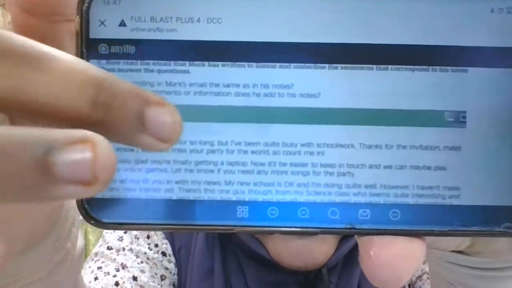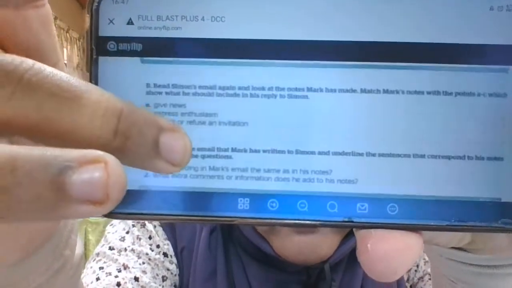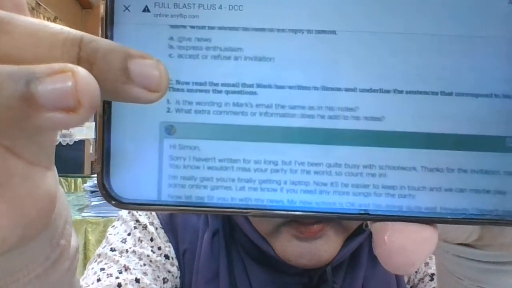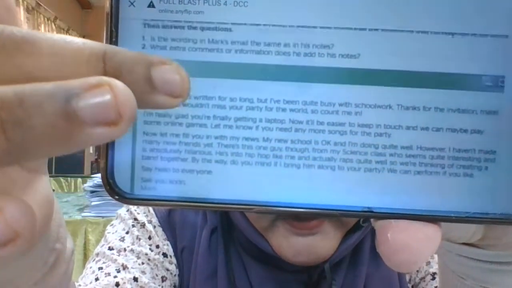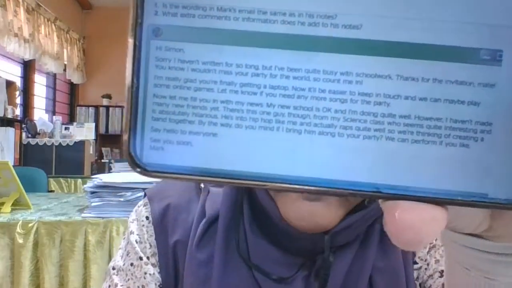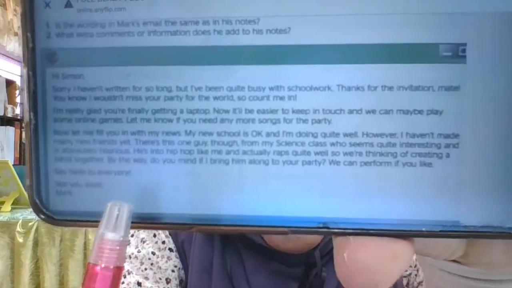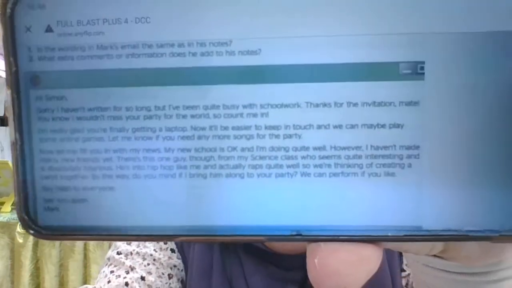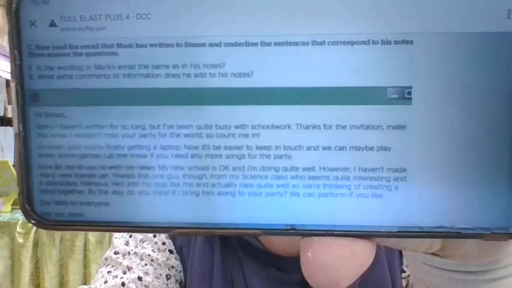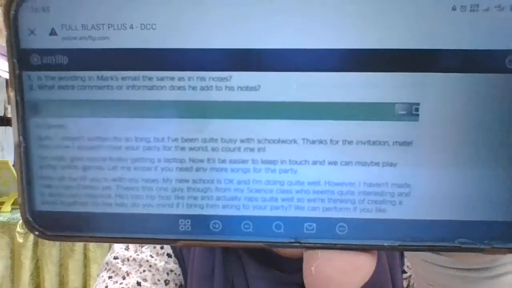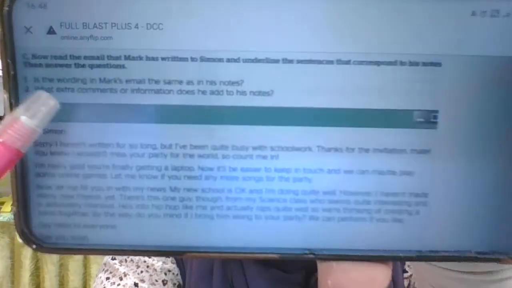This one. For this, this is B, this is C. This is Mark's reply to Simon. What you should do? Look back at C. What's the instruction? Okay,